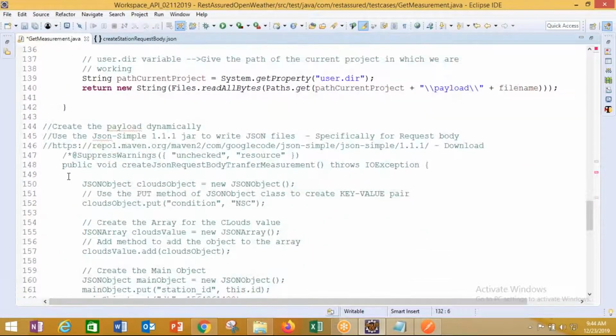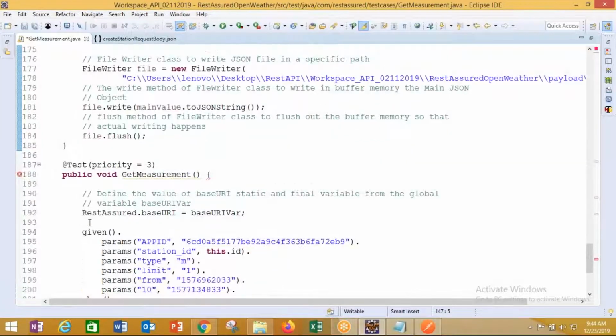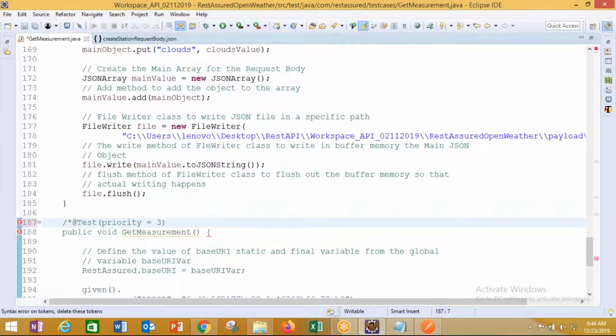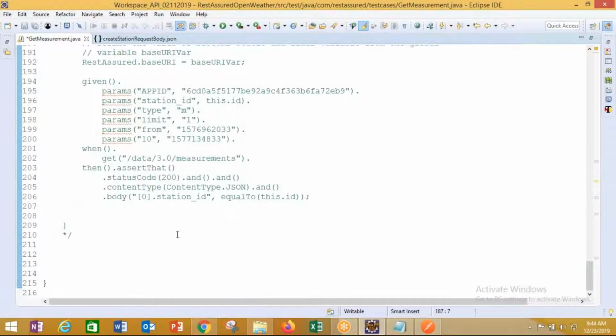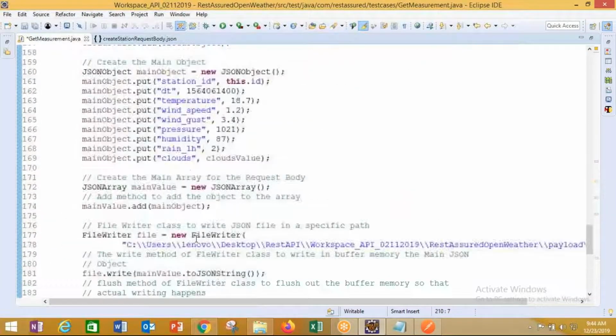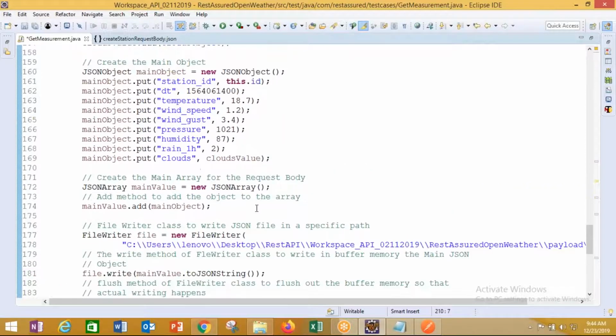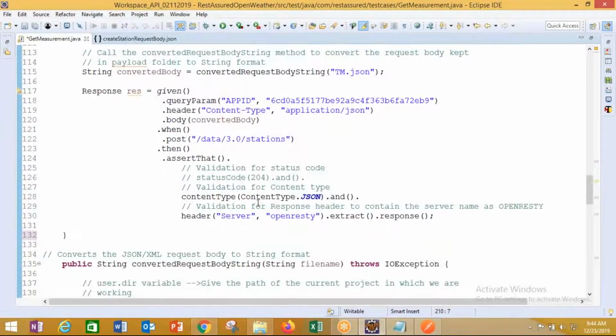And this will create a JSON at runtime. So I have to remove this. I'm going to comment it from here. So is transfer measurement happening or not? And what I am basically asserting,